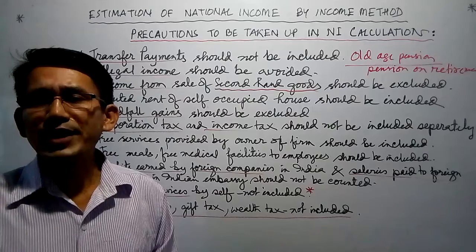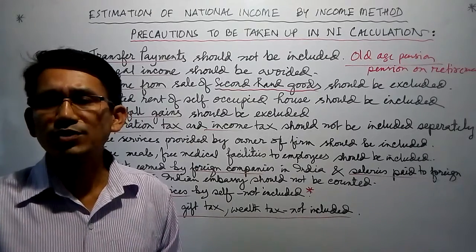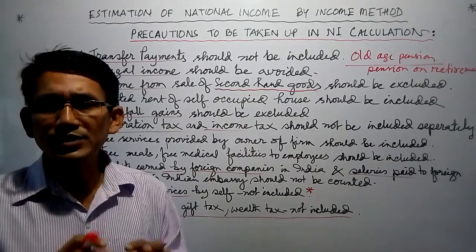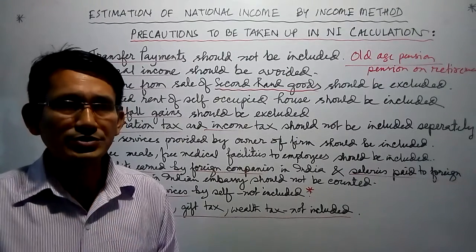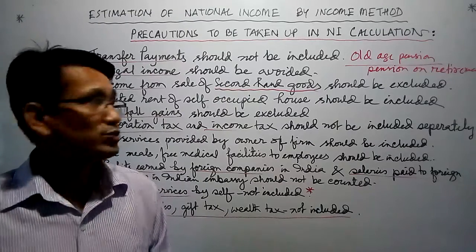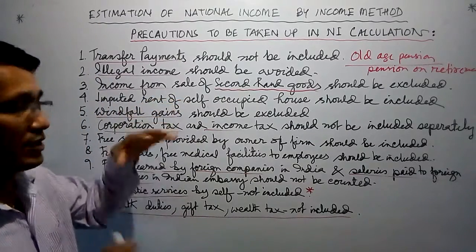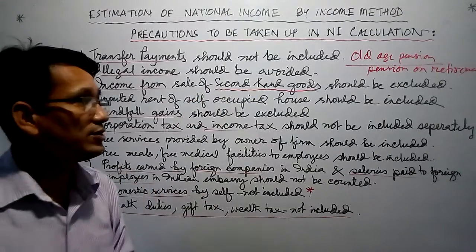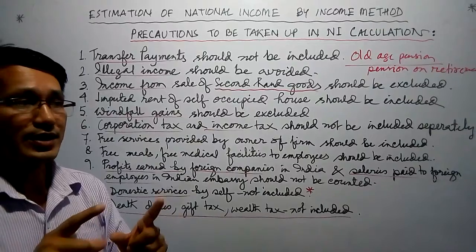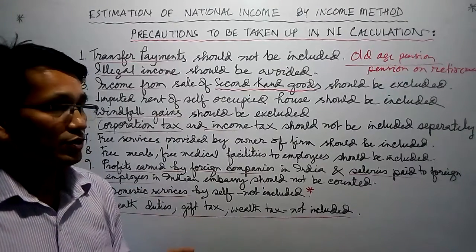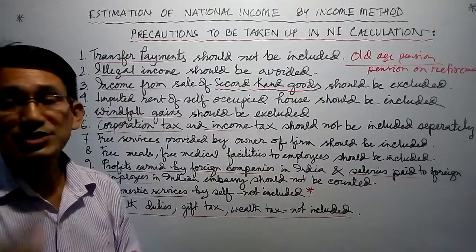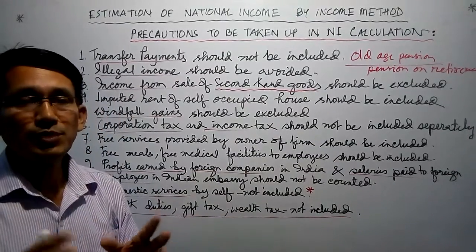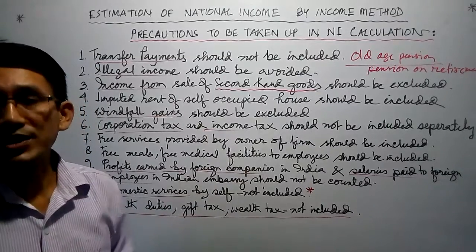However, the commission paid to the brokers on the sale and purchase of such goods is included, because a new factor income of reselling, or service of brokerage, is generated. So the money received from selling the second-hand good is not counted. But if there is a person who is dealing in the agency function for reselling, and commission is given to that broker, then his income will be taken into account in the calculation of national income.